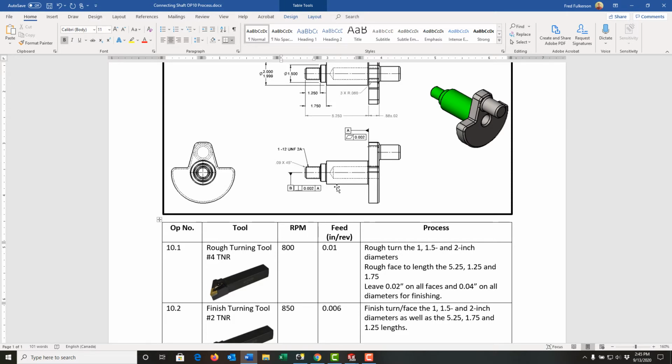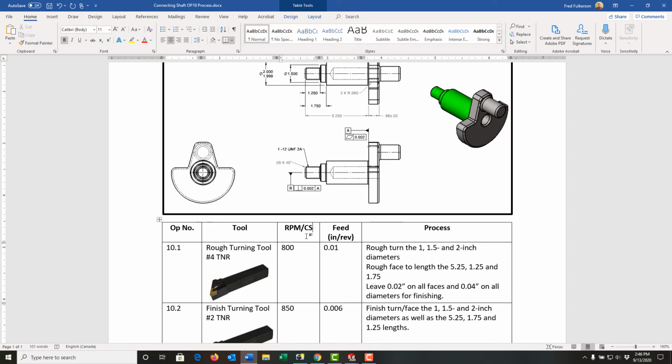finish turn. What I should be considering though, is that this process plan is for a CNC machine. CNC machines have the ability to speed up and slow down as the diameter changes. And this RPM calculation is really based on the 2-inch diameter and turning everything at that. Well, that doesn't give the best surface finish for these. So what I'm going to do is alter this RPM column and add